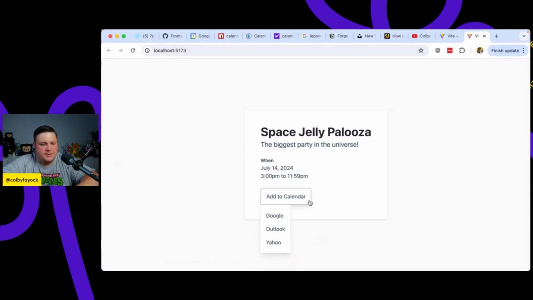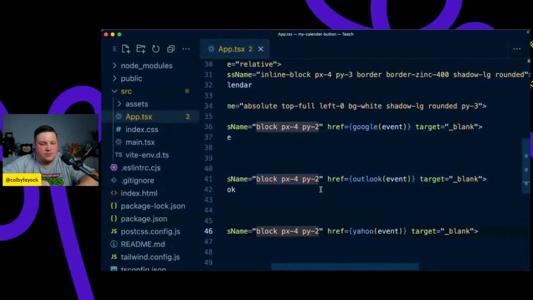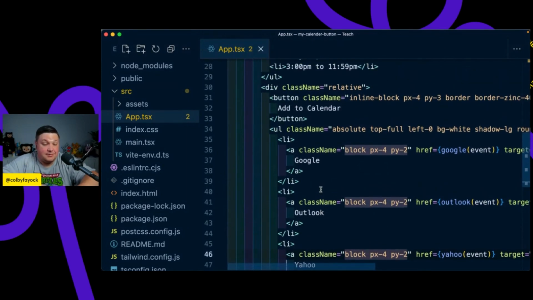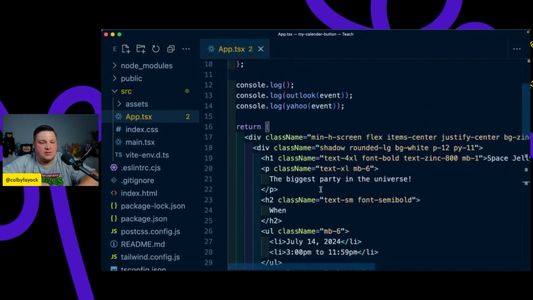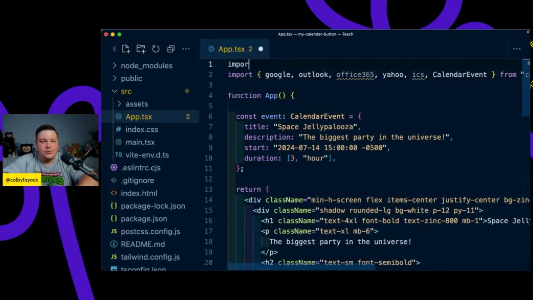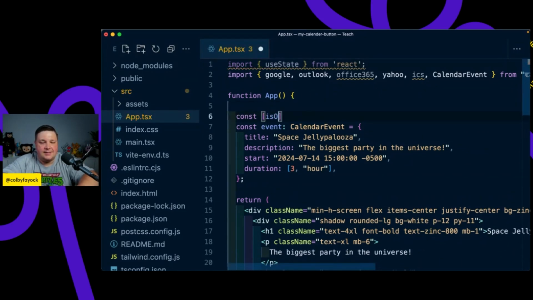Now, the ultimate goal here, though, is to open this dynamically by clicking it and opening it. So how can we do that? So probably the most basic way to do this is by using state, React state. So let's start off with that solution, and then we can go to something a little bit more advanced. So what I'm going to do is I'm going to import useState from React. And I'm going to say const isOpen, setIsOpen, and creating a new state